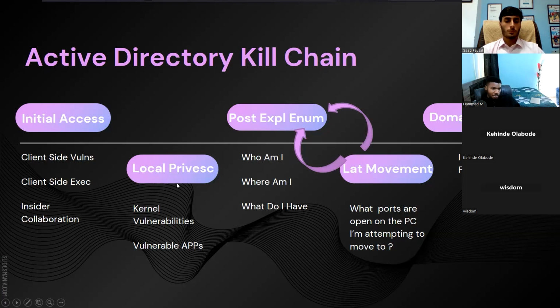So the second thing in the kill chain is local privilege escalation, which is not really mandatory if you have enough things to move laterally. But in most cases, I think it's sensible to get local administrative access on the machine that you find yourself at. And there are multiple ways of doing this, either by looking for kernel level